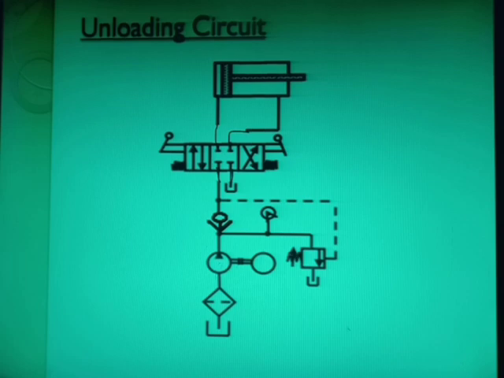Now what happens, the pump is running idly and the pressure in this line will increase. So the pressure in this pilot line will also increase, and as there is a higher pressure than the set pressure of the spring, this valve will get open. Now it will get open. As this valve gets open, whatever oil is coming from the pump will come to the reservoir, and as it comes to the reservoir, the pump is unloaded until the position of the direction control valve is changed.